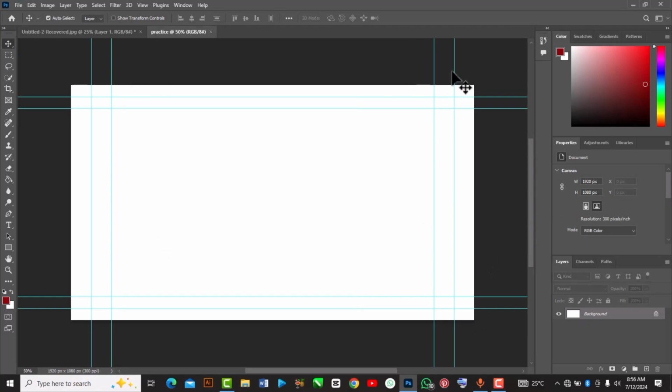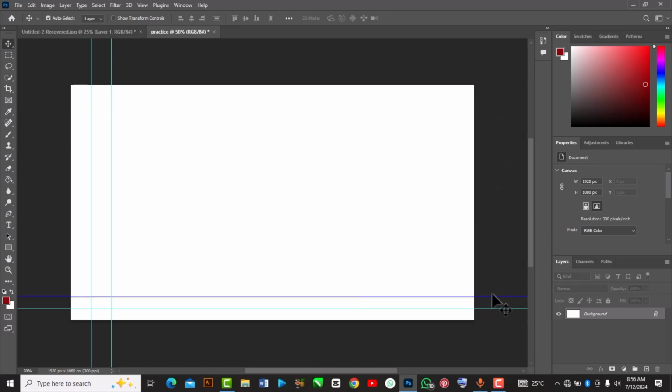Now these are rulers beside it, but it's not a must to make use of the rulers. So I'm just going to be selecting the rulers and deleting them because I don't want to make use of a ruler. Now we're going to be doing something very practical. I'm going to be designing a YouTube thumbnail, and you're going to see how I apply some of the things I said earlier